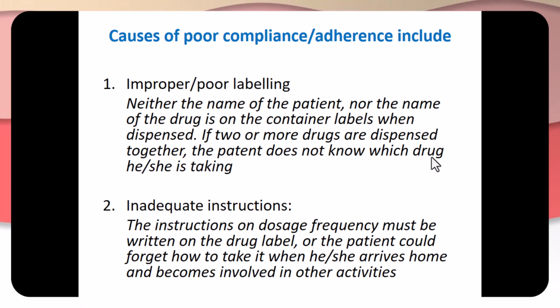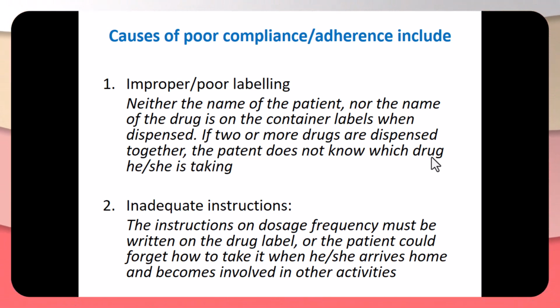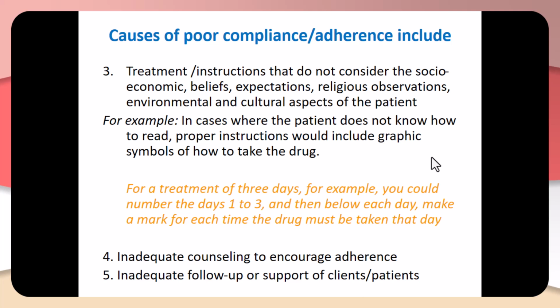So instructions on dosage frequency must be written on the drug label, or the patient could forget, because patients forget how to take it, when to take it, when they arrive at home. Okay, so that can be a big cause. Another one is treatment or instructions that do not consider the socio-economic beliefs, expectations, religious observations, environmental and cultural aspects